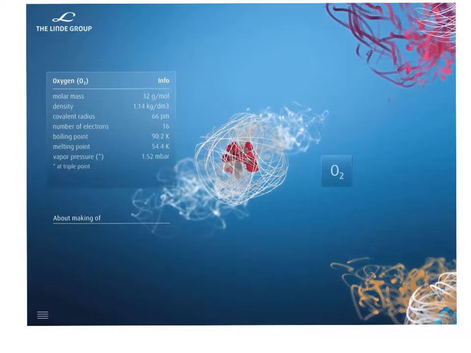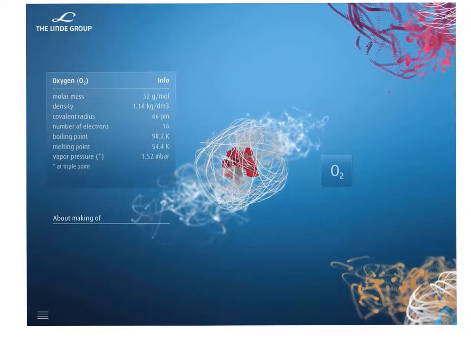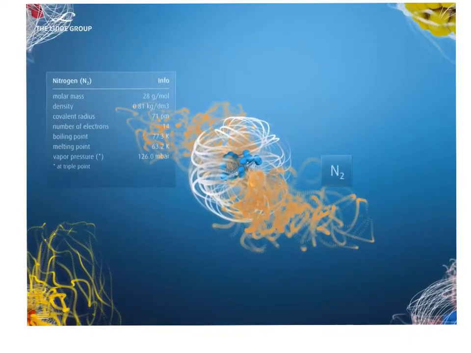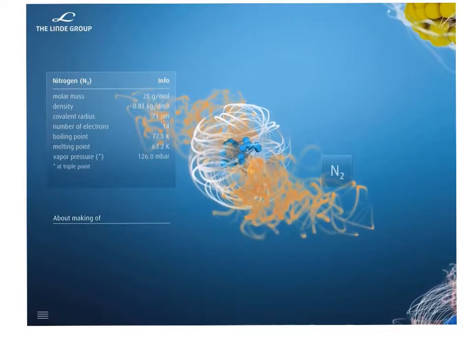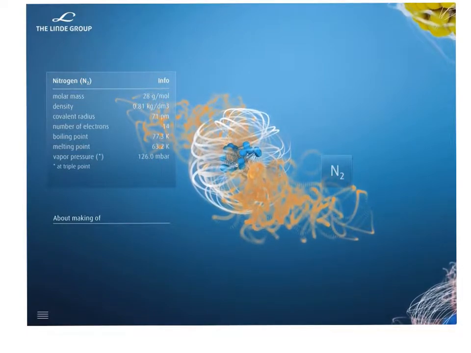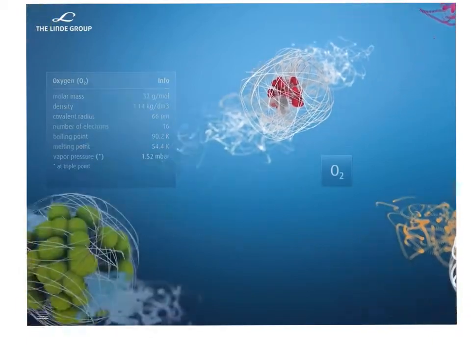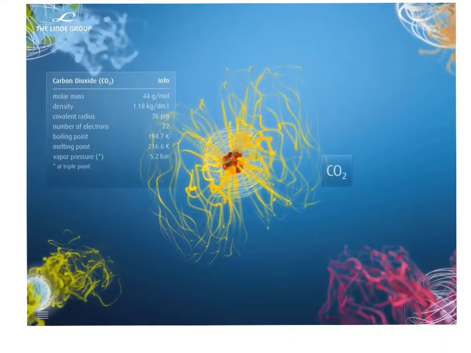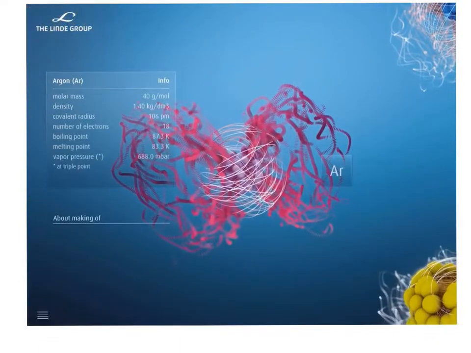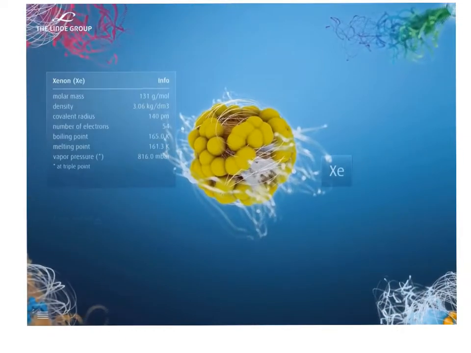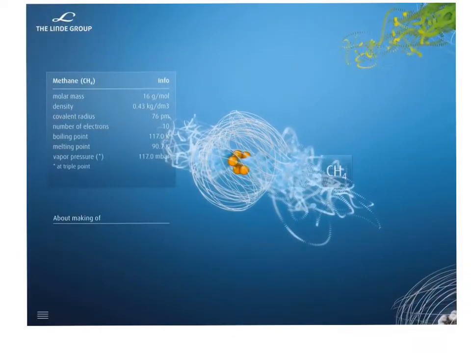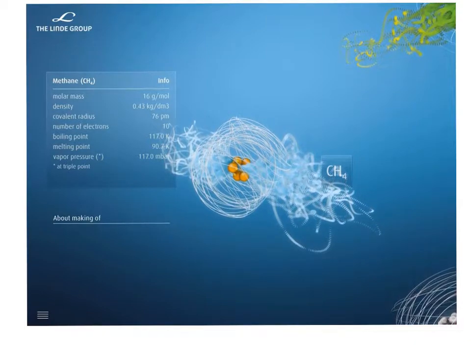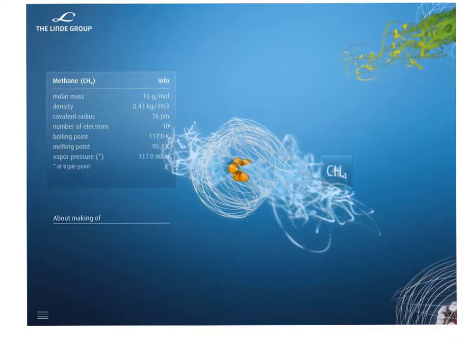This unit, we're going to be looking at gases and primarily what's called gas laws and the properties of gases and their behaviors. And of course, we have so many different gases that exist in our world. The most abundant in our atmosphere, of course, is nitrogen and oxygen, but we can also look at noble gases like krypton, carbon dioxide, which of course is definitely an important gas, noble gas like argon, xenon, and so many more, methane that we burn in our furnace. So these are all gases, and so this unit's going to look at the properties of these gases